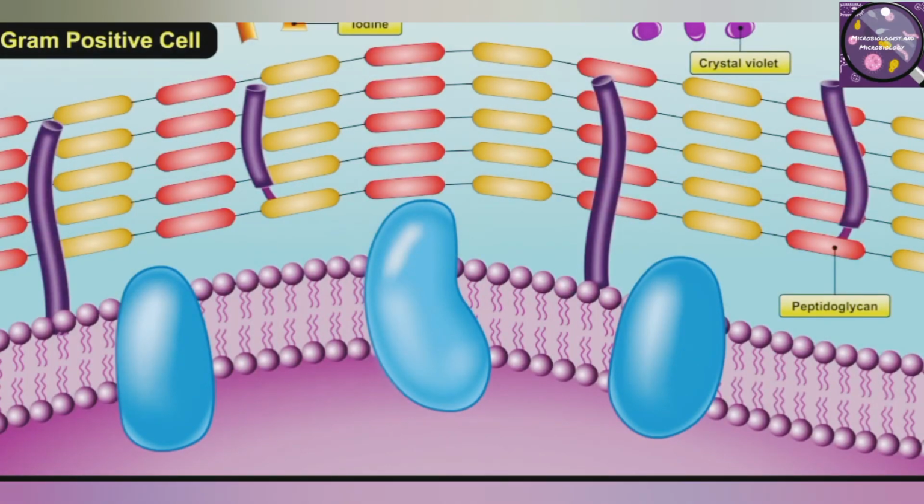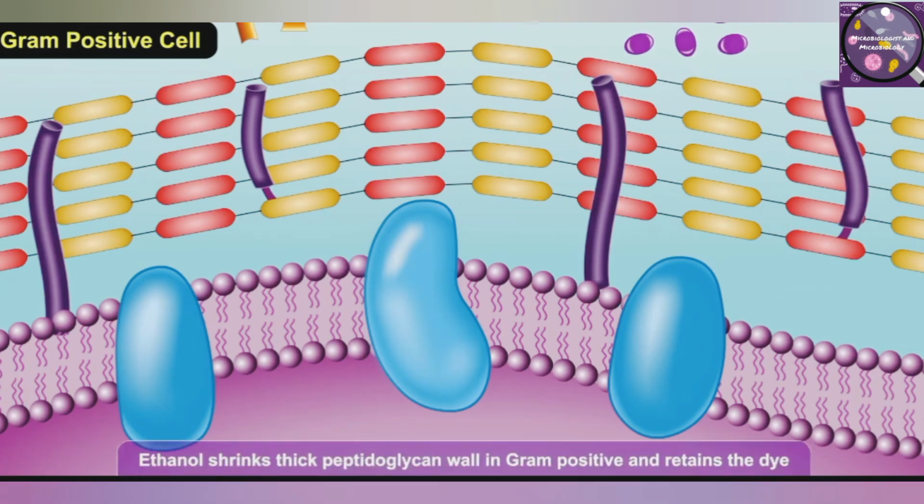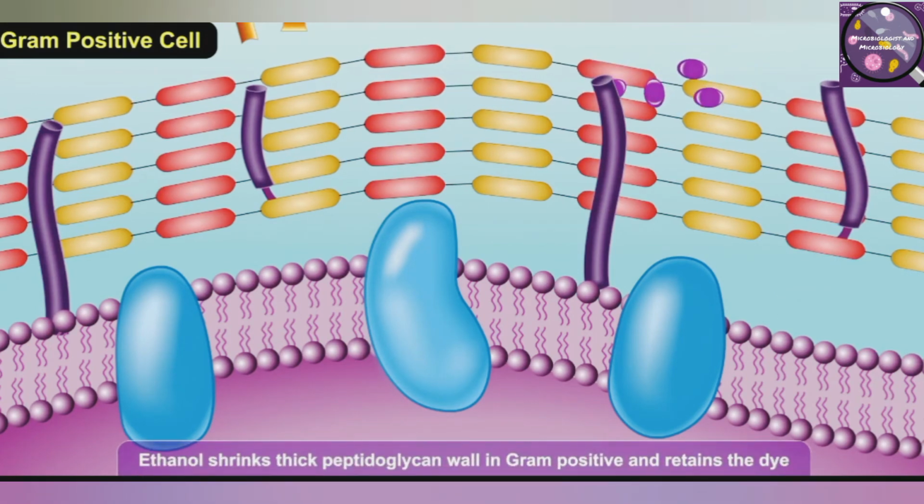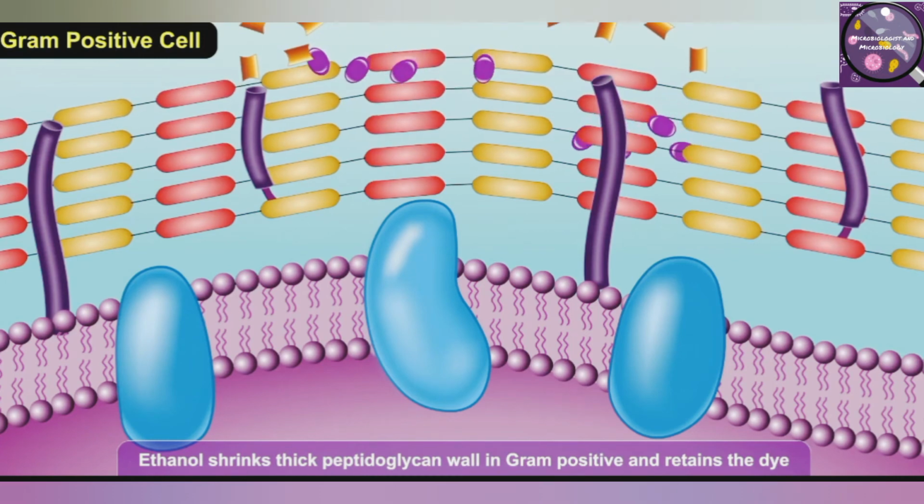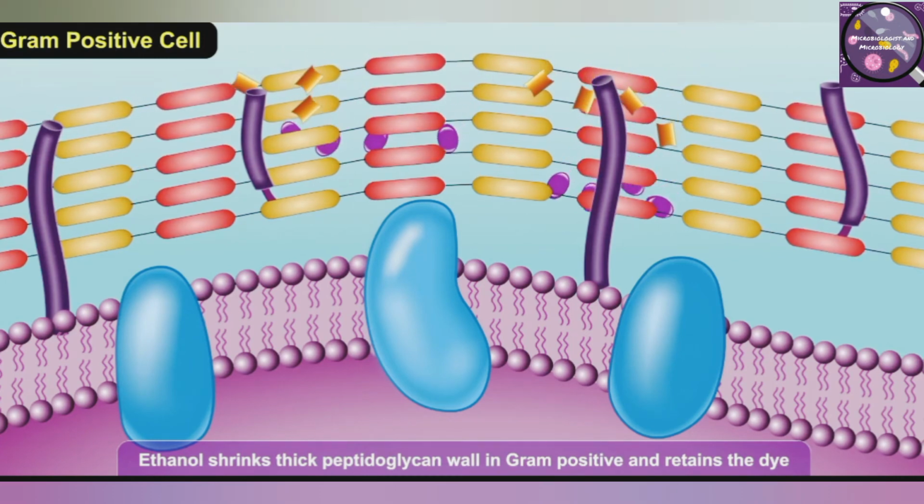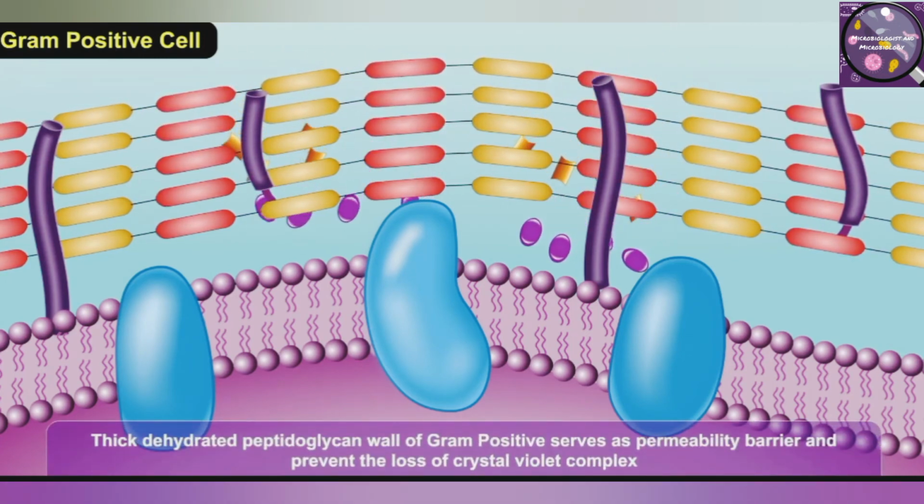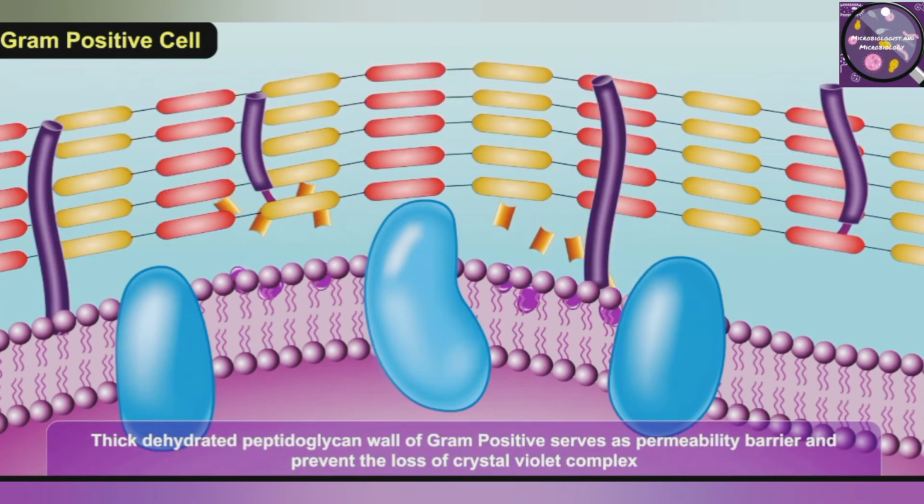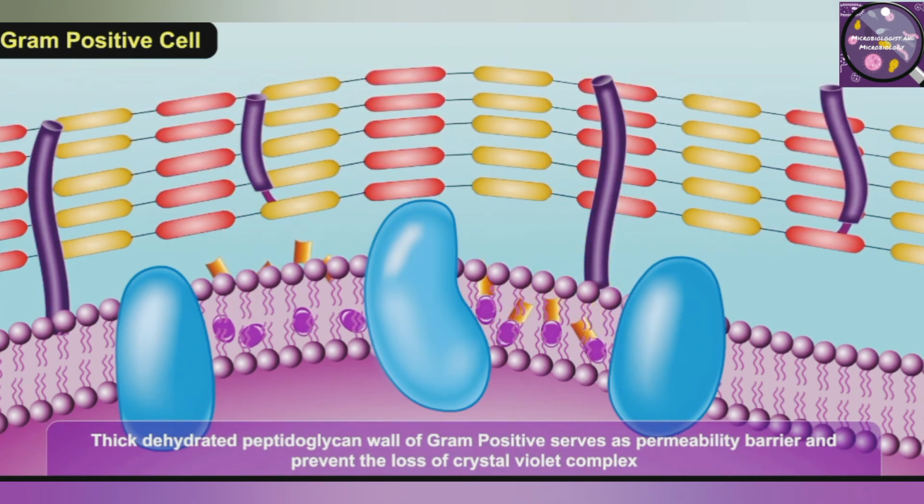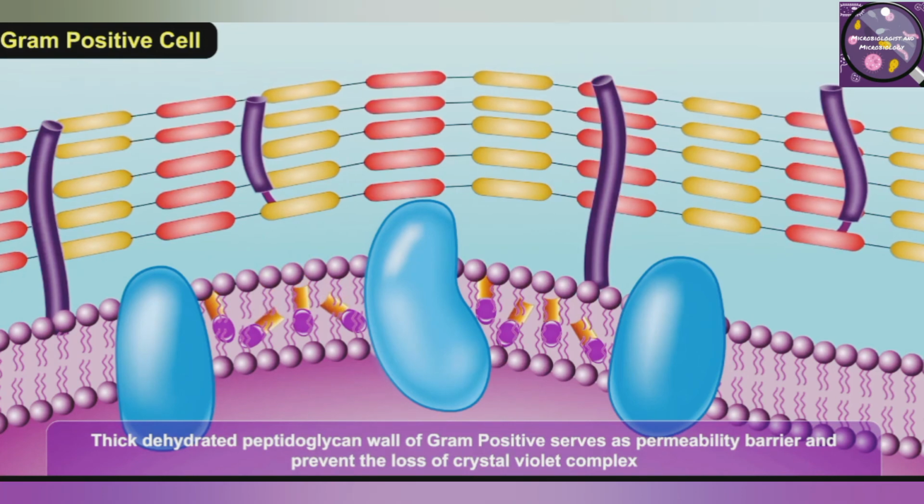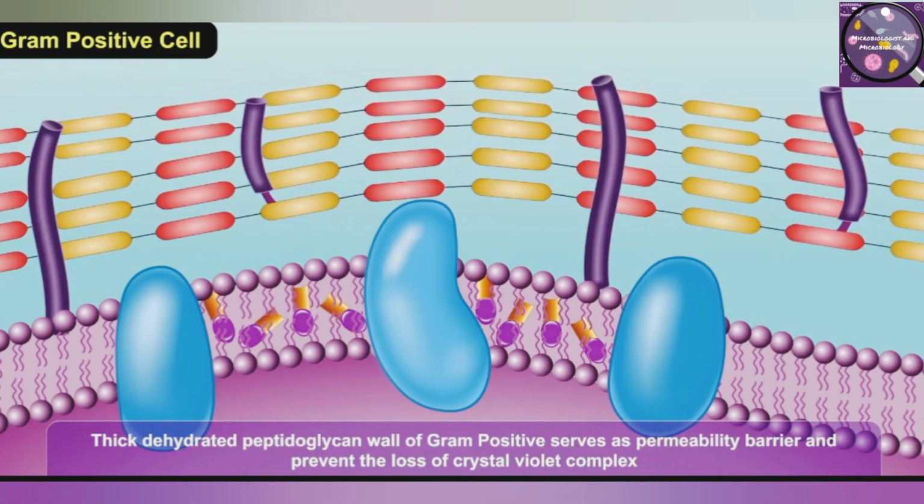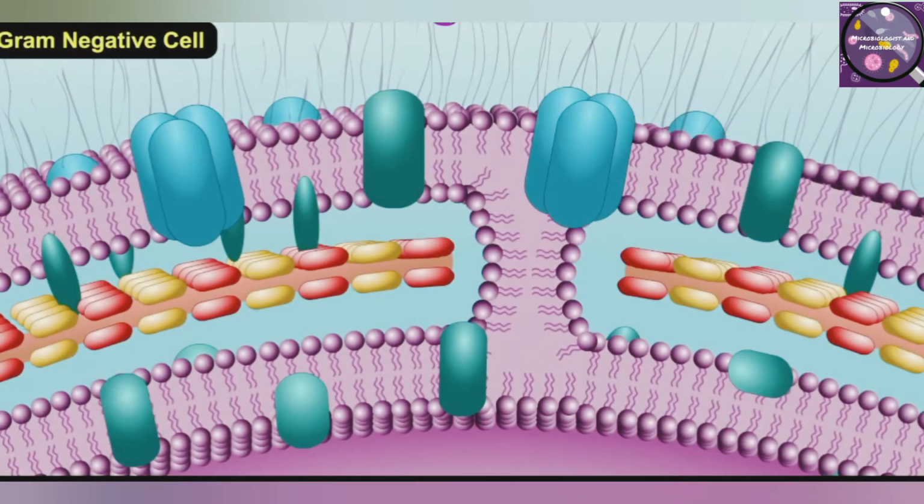Generally, the Gram stain reaction correlates with the cell wall structure among the bacteria. The ethanol is thought to shrink the thick peptidoglycan in gram-positive cells, thus retaining the dye. The thick dehydrated peptidoglycan layer of gram-positive bacteria appears to be a permeability barrier and prevents the loss of the crystal violet